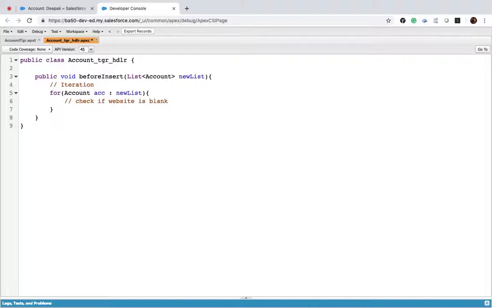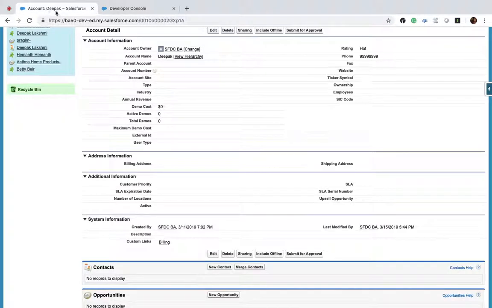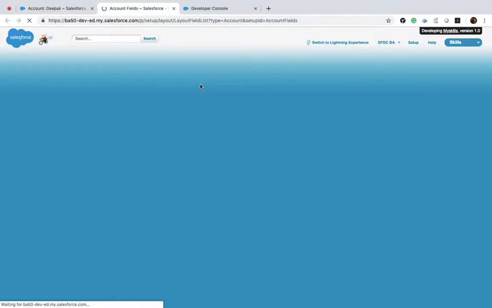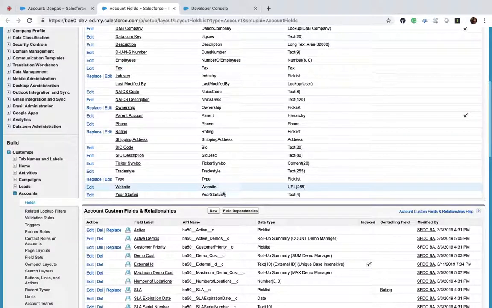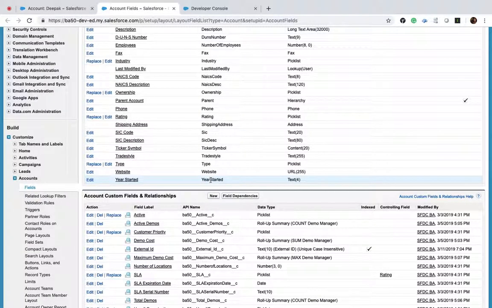Now I need to check if the website is blank for the record creating account. acc dot, we don't know the field names again, so you can go to website as the field name, but I'm just showing how to access this. You need to use field names, you should not use field labels. Website